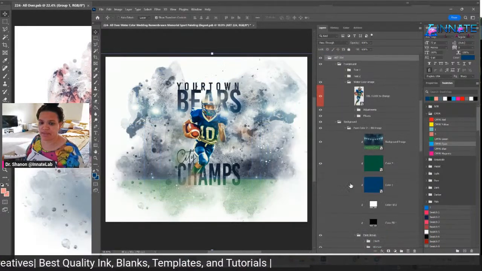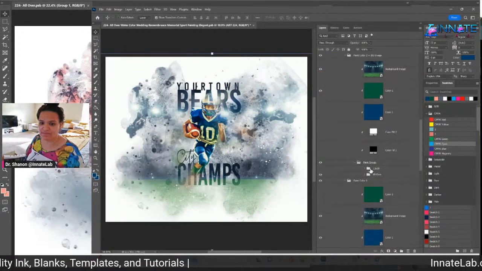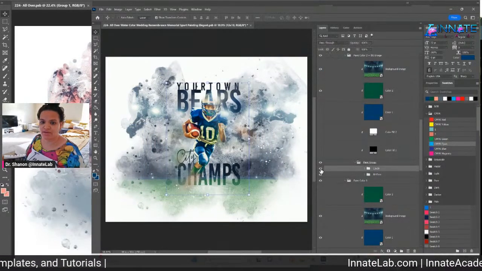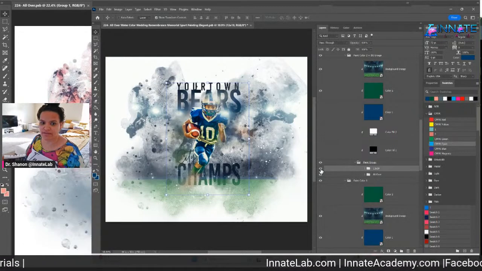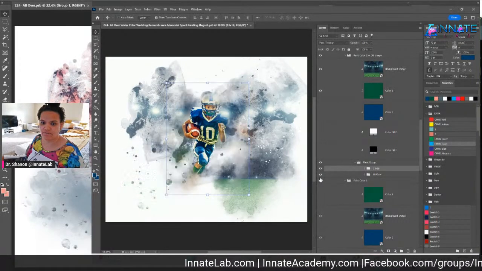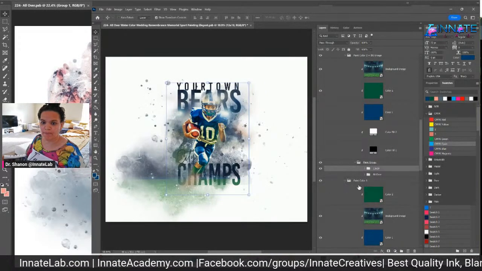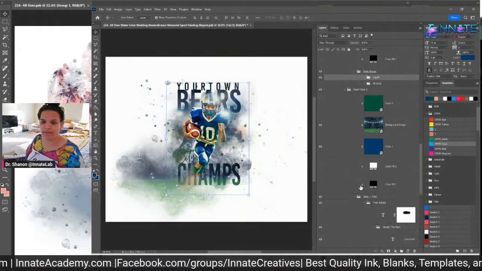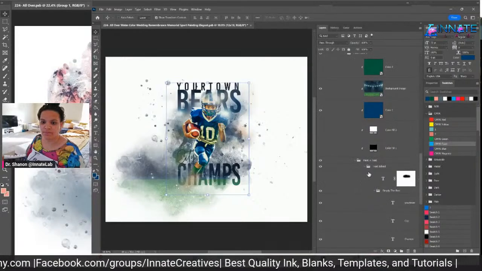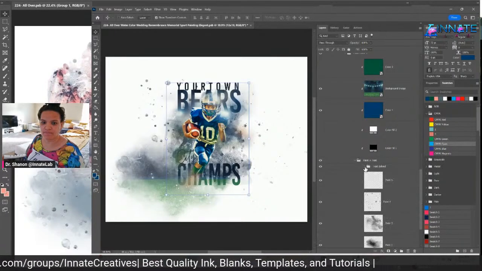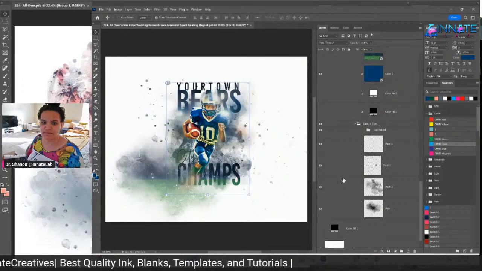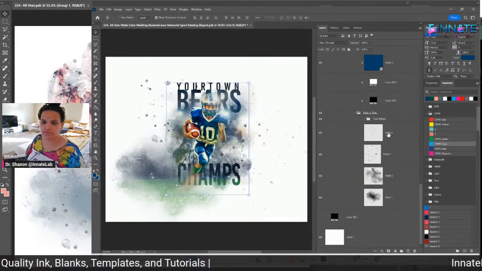Okay, so you know I like to be versatile with these templates. All right, so now I'm going to go ahead and turn on this layer that's called 13 by 19, and then I'm going to turn off the all over right here. Okay, and then for the paint color, I'm going to keep the text here, and then I'm going to turn off